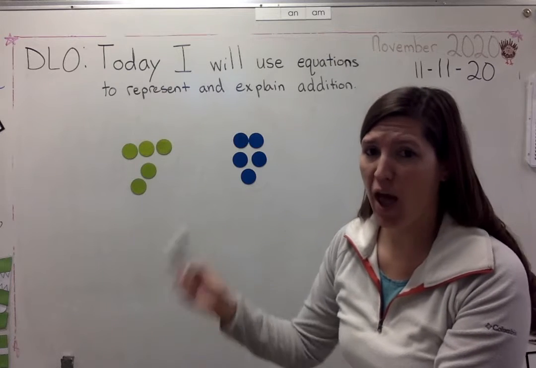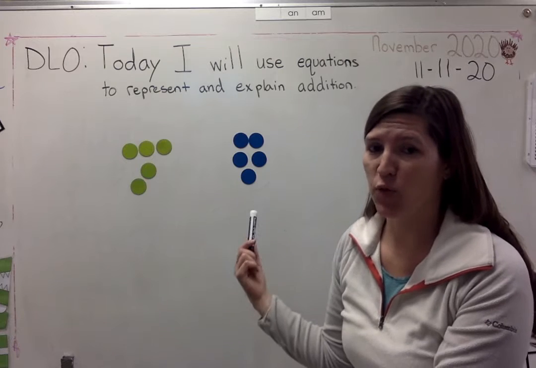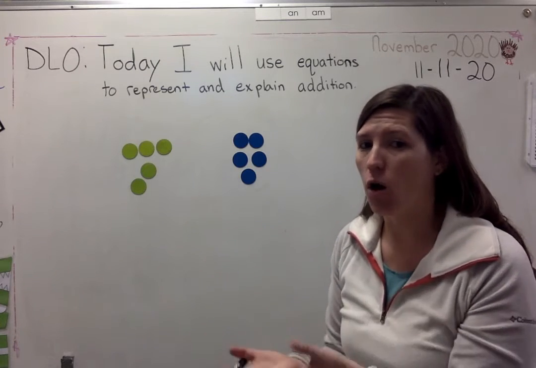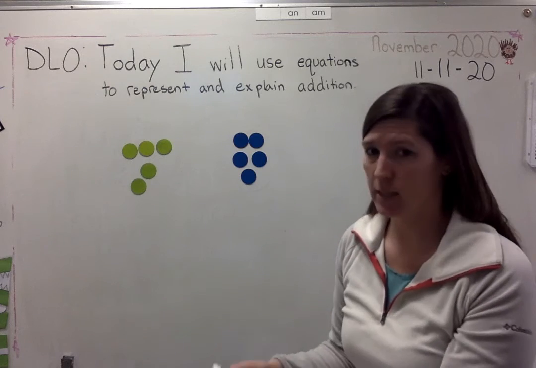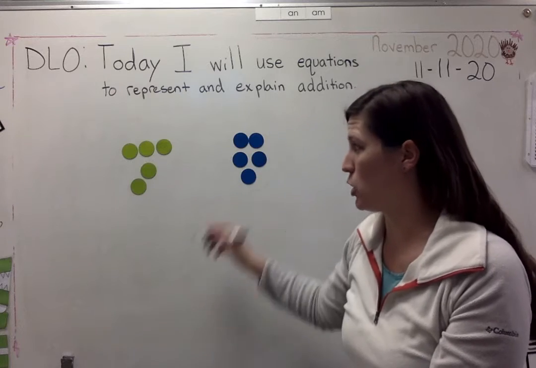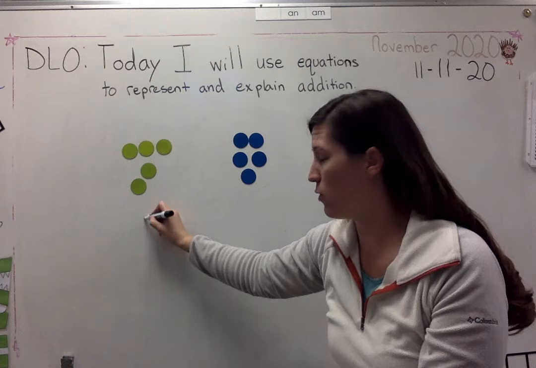I have 5 green cookies. My friend brought me 5 blue cookies. How many cookies do I have in all? Let's write an equation to represent our addition. So I had 5 cookies. 1, 2, 3, 4, 5. 5 green cookies